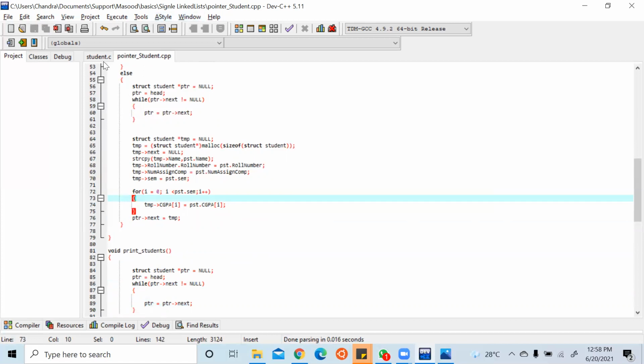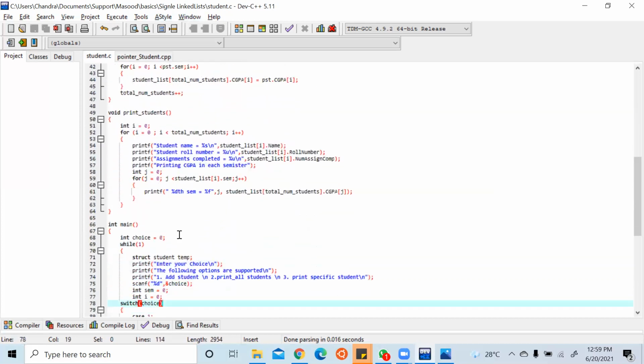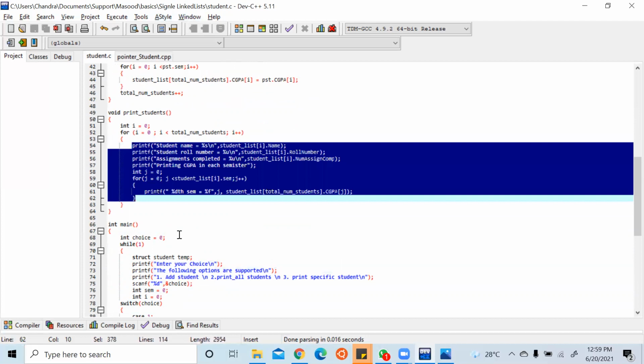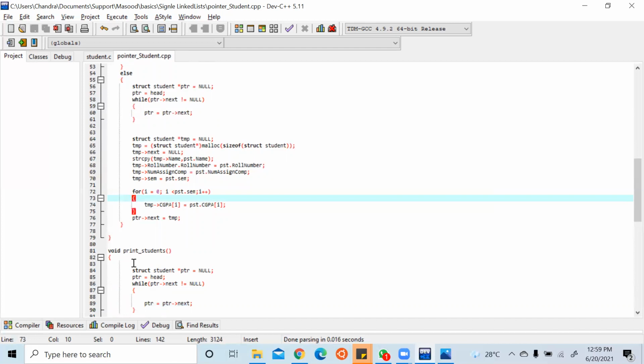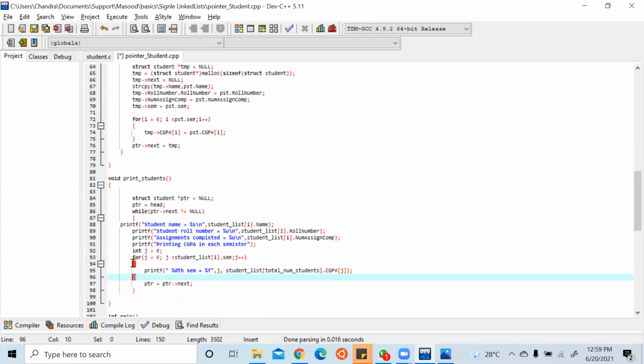I will copy the printing code from here. So print students. I'll add the print here.